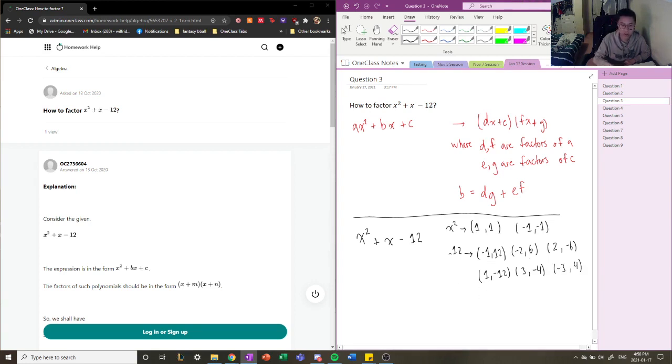So we need to pick one of these pairs from the x squared and one of these pairs from negative 12. I'm going to pick 1 and 1, and I'm going to pick negative 3 and 4. This is where the cross multiplication method comes in, where we cross multiply these digits. We cross multiply 1 and 4 and 1 and negative 3, and once we cross multiply them, we add them together. And if they are equal to the coefficient of the middle term, then